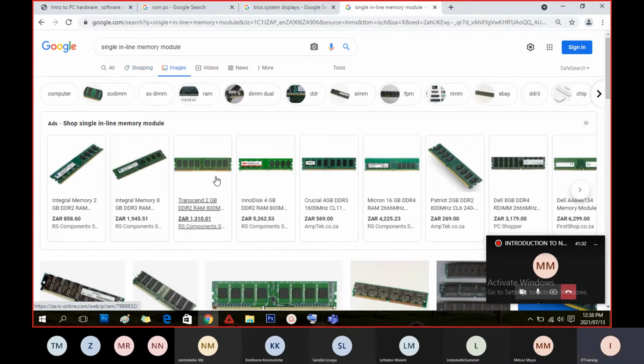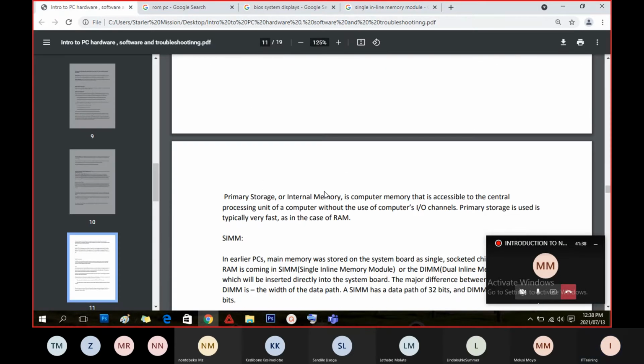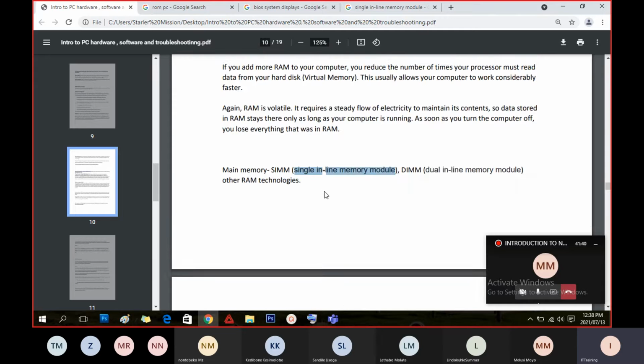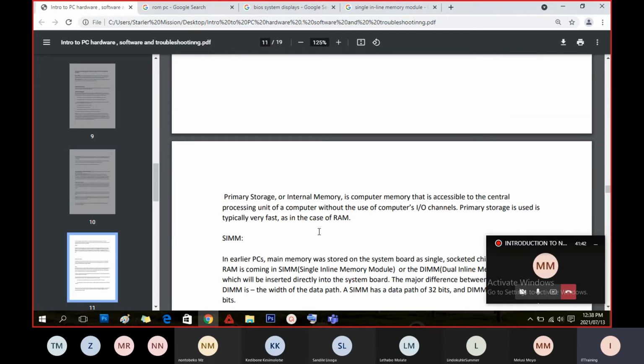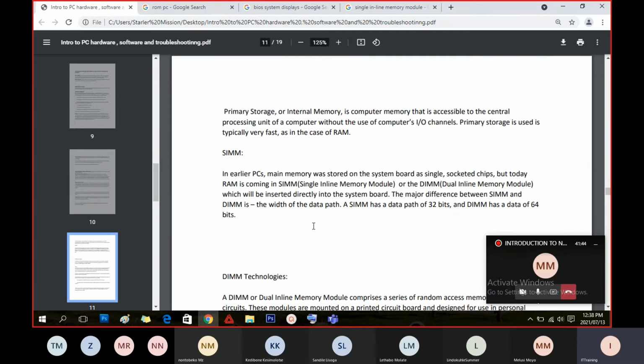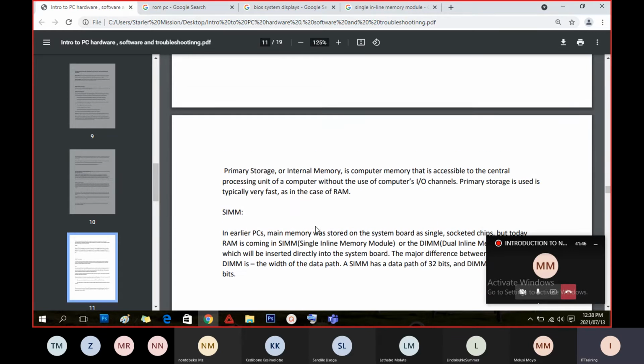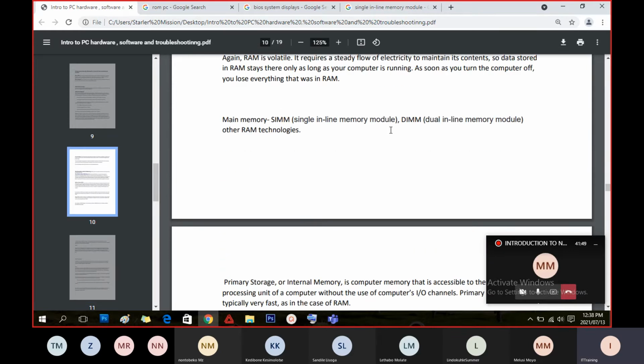So basically, you can see the SIM also is the same as the one that I showed you, the RAM, and we also have the DIMM. Let me just go into them and explain them before I show you them. So main memory, single inline memory module, and we have the DIMM, which is dual inline memory module, other than